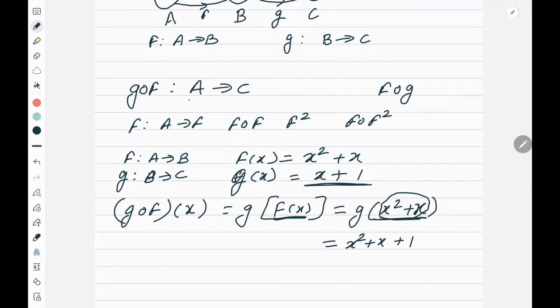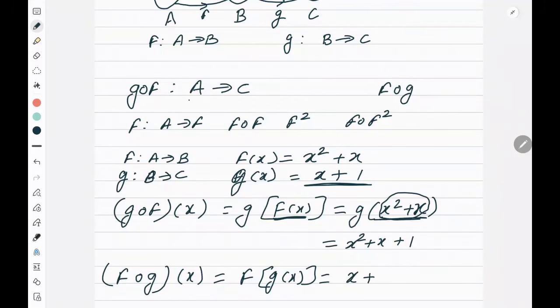We will do a lot of questions to understand this concept. Now in the same way, just to explain, I'll take f∘g also. If I am talking about f∘g(x), then it will become f(g(x)) first. Now what is g(x)? g(x) is x plus 1. So f(x plus 1). Now x plus 1 is playing the role of x, and f(x) is defined like this. So the answer will become (x plus 1) square plus (x plus 1). This is how we solve the questions.